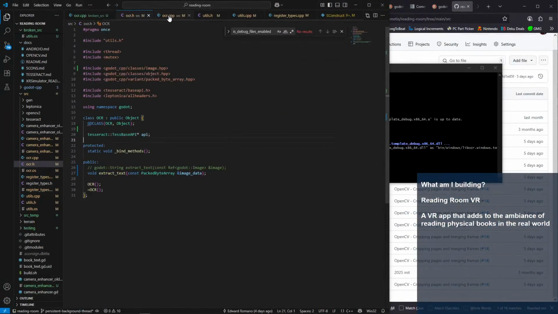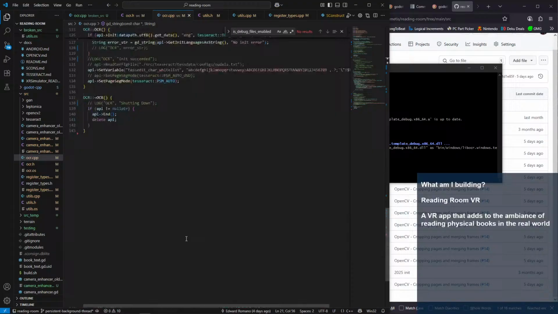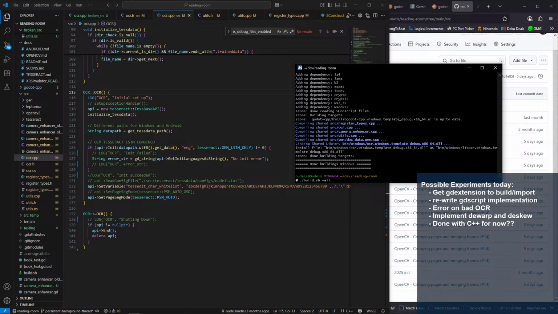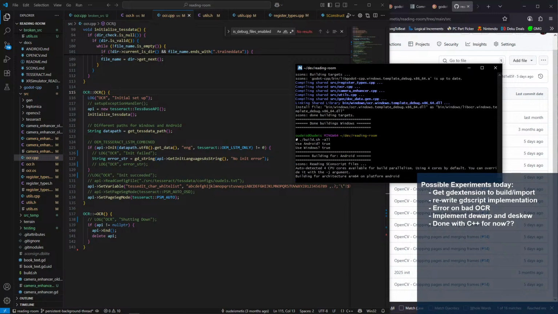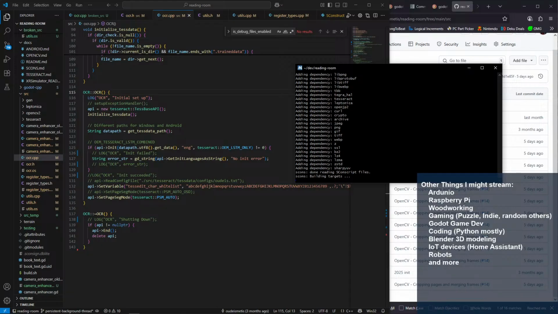Okay. So then what happens if I try to log something? Let's log down here in the initialization. Does logging work? Because that gives me something to work with, right?